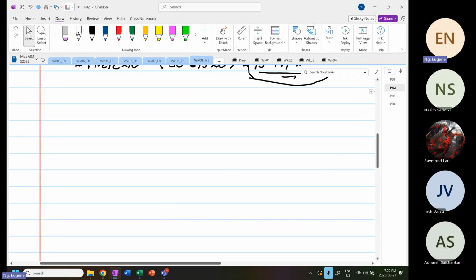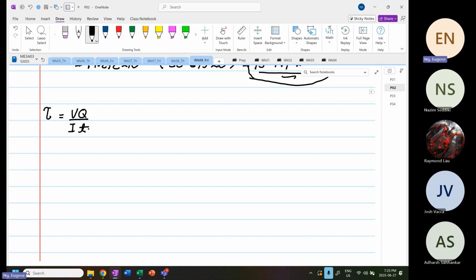We know that the shear stress is equal to VQ over IT, right? And knowing that V over I are constant. You look at the example that we just did, V over I is always constant. So therefore,